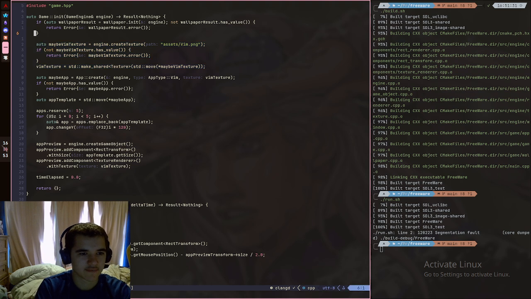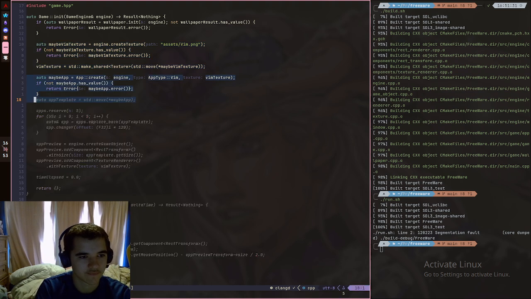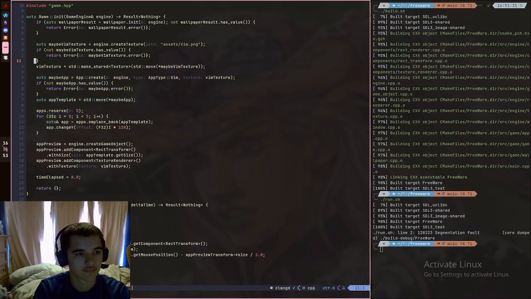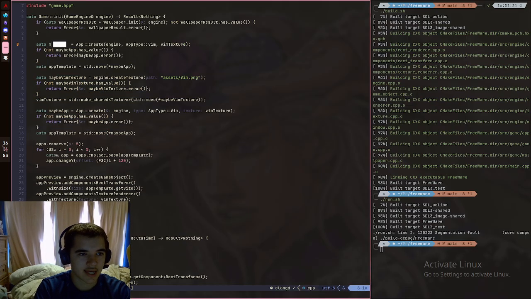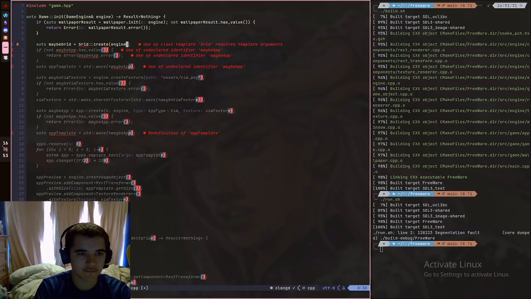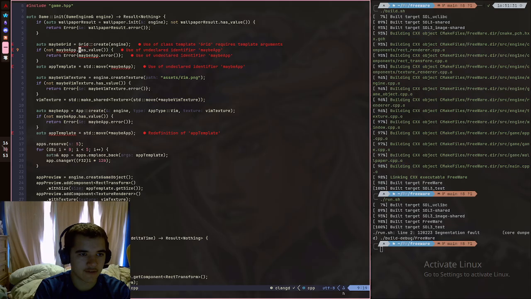More like this. So, maybe grid equals grid create, pass it engine, that's it. If maybe grid has value, not, then return an error. Otherwise, we'll just say that grid,